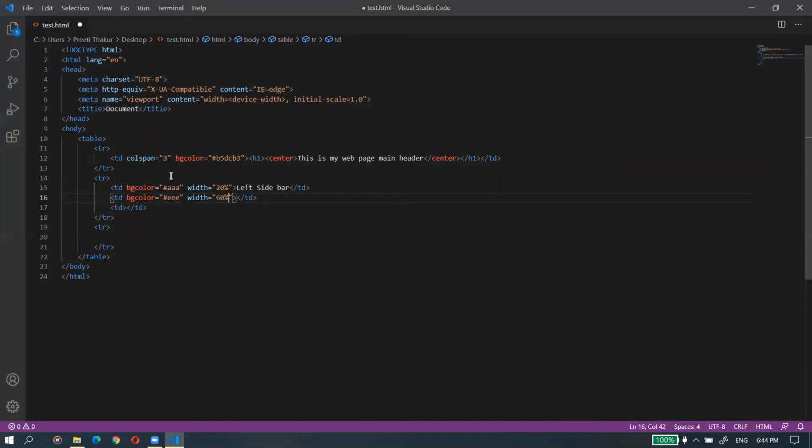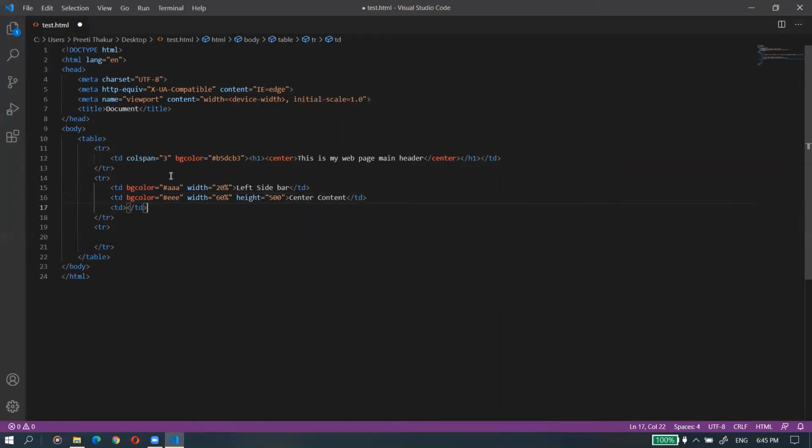Now you can also set a height, because if you are not setting the height, then it would be its original default height. But you can set a height as well. So I'm setting the height here. Height is equal to, if you know the pixels, I'm giving it in pixel form, so I'm giving it 500. Okay, so height is 500, and now this is the center one. Center content. Okay.